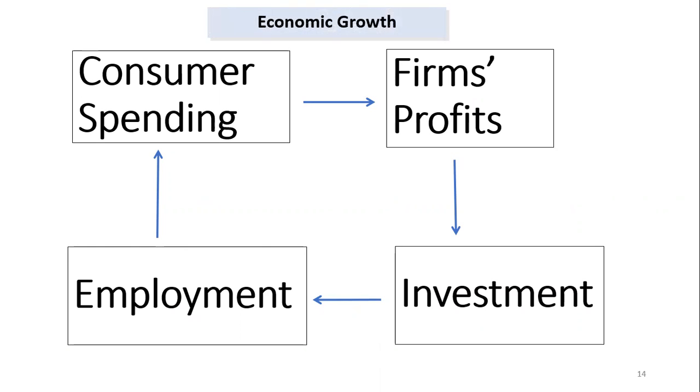So if we take the case where the economy is growing, when the economy is growing and national income is rising, because income is going up, people can spend more, consumers can go and buy more stuff at the shops. As they go and buy more stuff, firms tend to make more profits. As firms make more profits, they're willing to invest more in the future. So they're willing to maybe expand their business. They maybe set up a new premises if they're a shop, or otherwise they might take on more workers. So because they're willing to expand and invest, employment goes up.